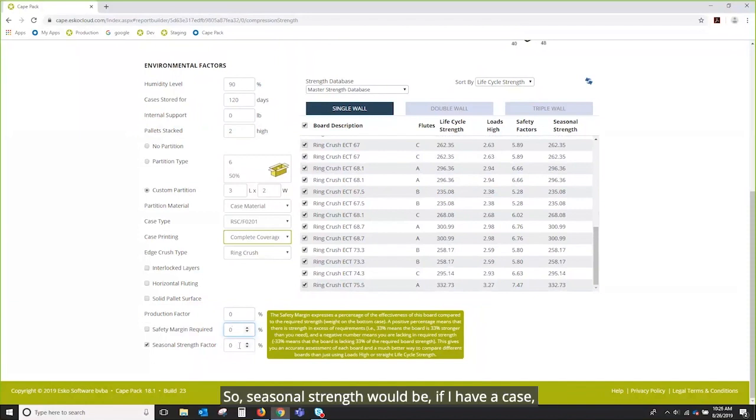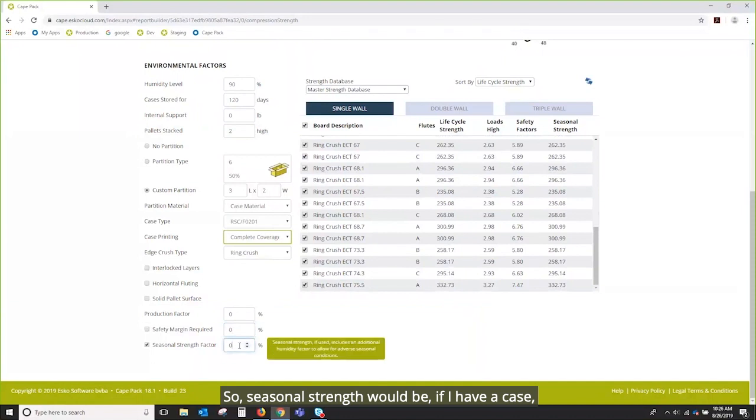So seasonal strength would be if I have a case that I'm making in some place that's hot and dry, and I'm sending it to some place that's hot and humid. When the seasonal factors kick in,